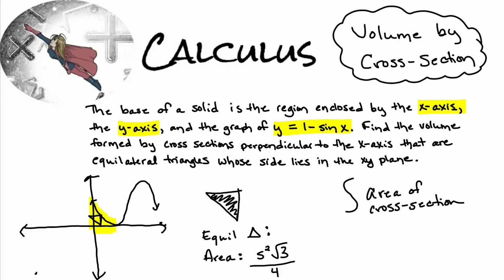That's a formula that comes about because of the equilateral triangle having 60-degree angles, and when you draw the height, you end up with a 30-60-90 triangle, and you end up getting this formula for the area every time. So I would suggest using this formula for the area, and the only part of it that's a variable is the s, and the s is the side